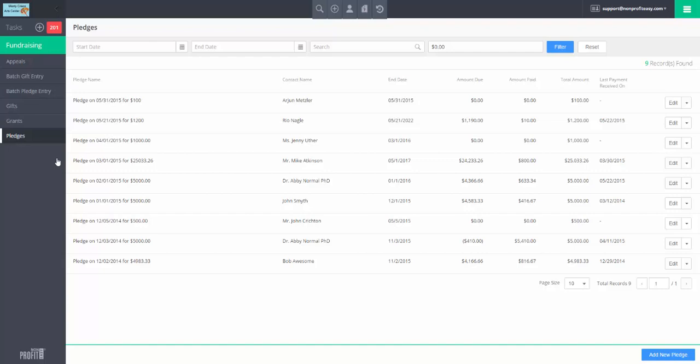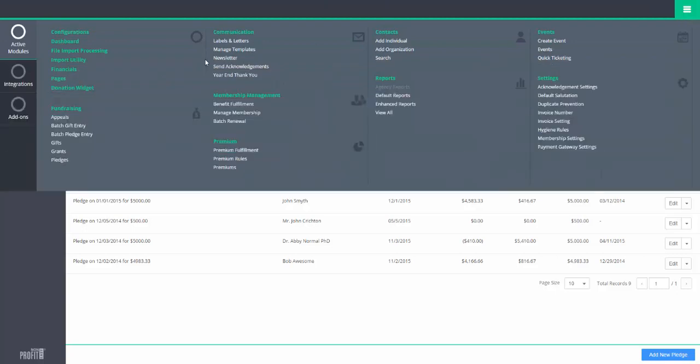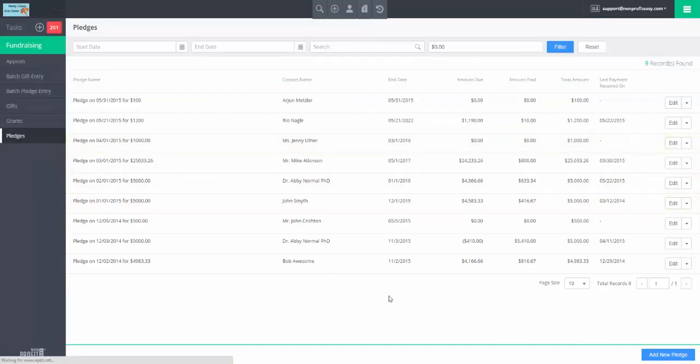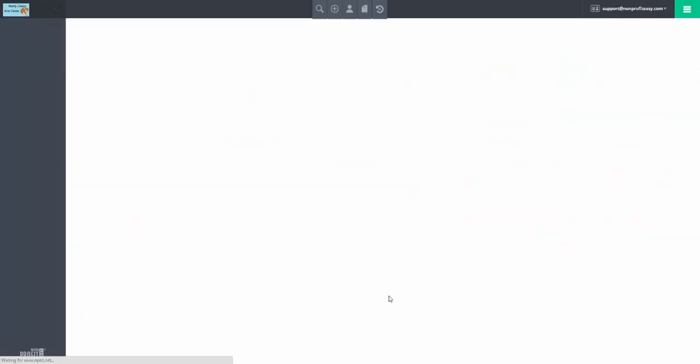One thing, though, that did change, and that's what I was leading us up to, is grants. Grants, I know, is really big for a lot of people, so I want to make sure I spend a little time on that. We have changed how grants work. So we go to grants, and now grants is a completely separate process from pledge. That was one of the things we had